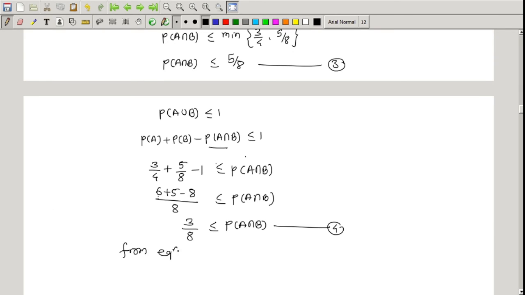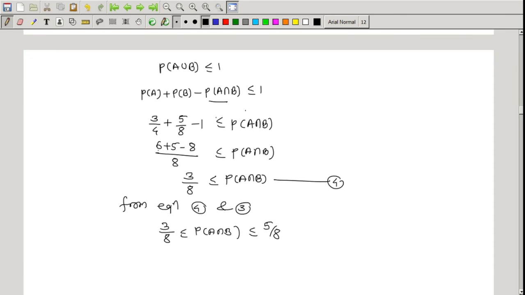According to equation 4 and 3, if I write 4 first, that is 3 by 8 is less than or equal to probability of A intersection B, which is less than or equal to 5 by 8. So this is the proof of the given statement. Next problem is